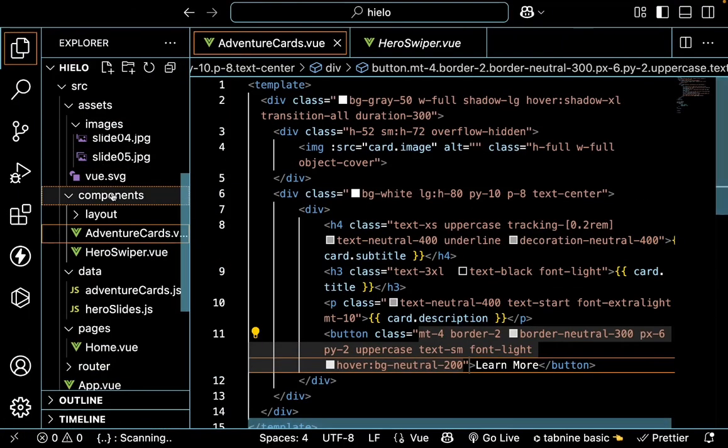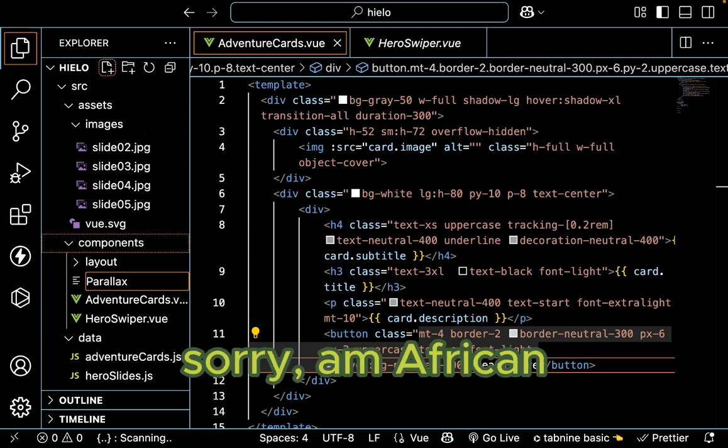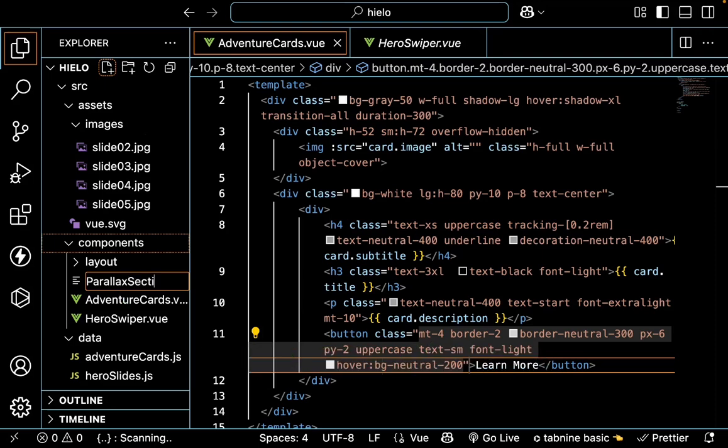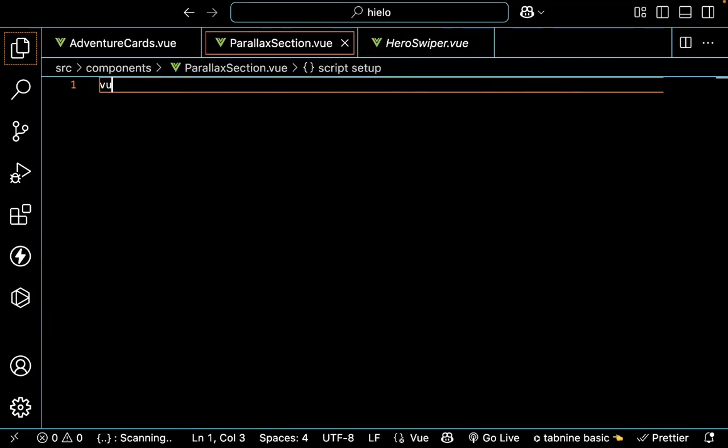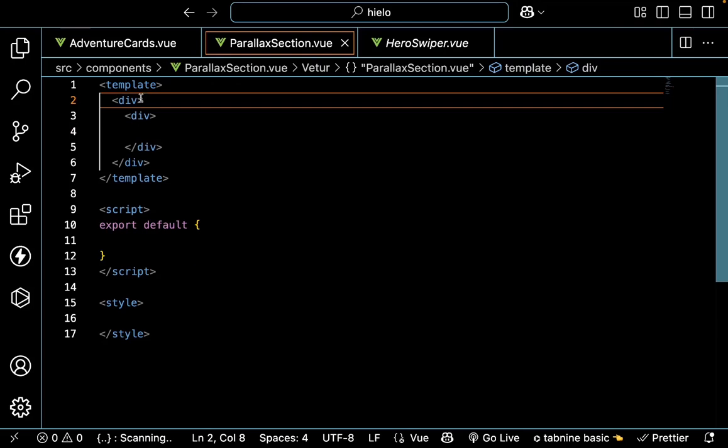So come over to my components and say parallax. I'm getting that right. It's supposed to start with a capital letter, actually. So I say parallax, or lax. Sorry, I'm African. Section dot view. Now it's a view. Have a div here. This div is going to have a div actually. Give this div a class of parallax